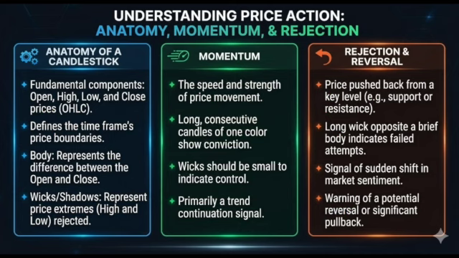And there you have it, reading candlestick charts as easy as 1, 2, 3. Anatomy: locate your open, high, low, and close. Momentum: look at the body size to see who has the power. Rejection: watch the wicks to spot where the market is flipping direction. Don't try to memorize 100 different complex pattern names you find on the internet. Just ask yourself every time you look at a candle, who tried to move the price, and who ended up